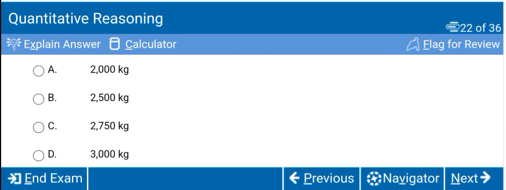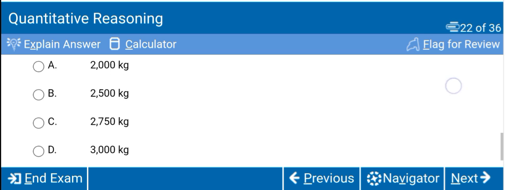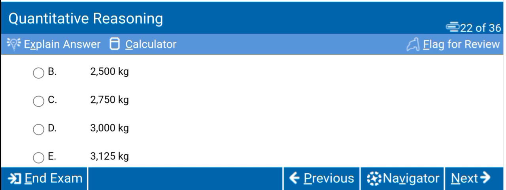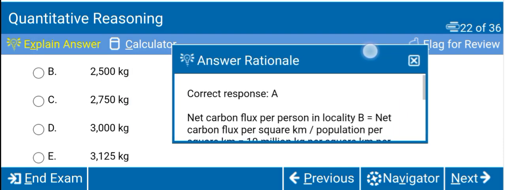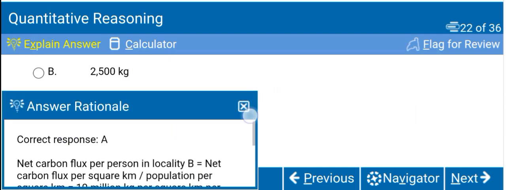Option A, 2000 kilogram, option B, 2500 kilogram, option C, 2750 kilogram, option D, 3000 kilogram, option E, 3125 kilogram. So correct response is option A,